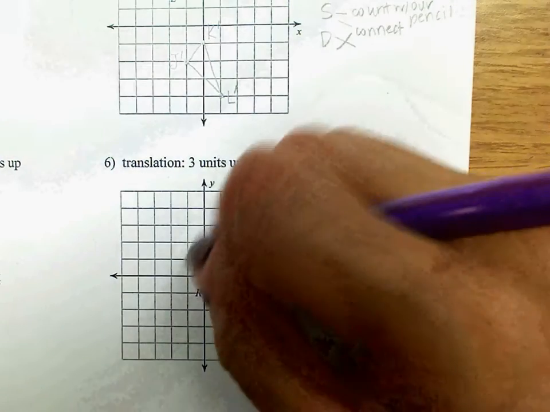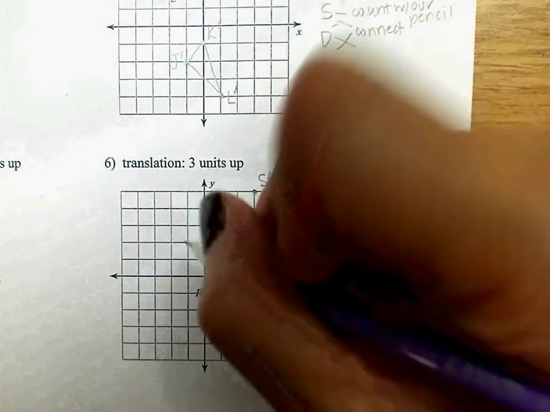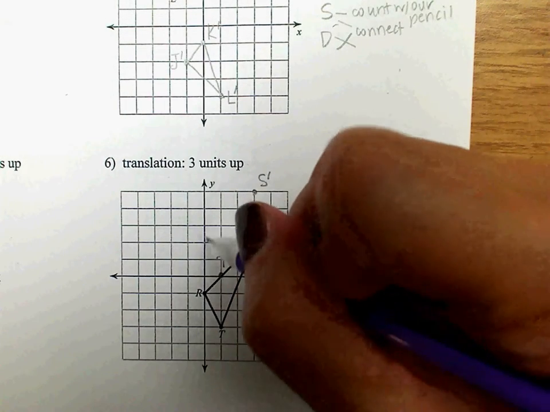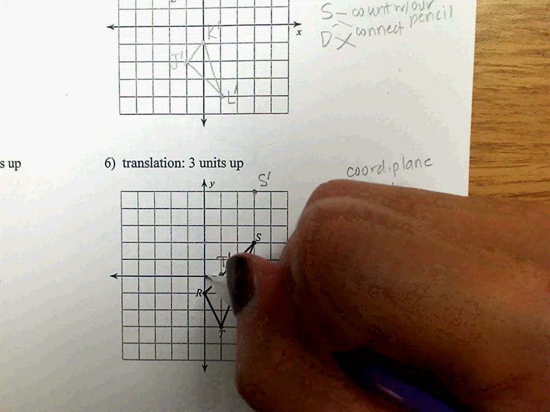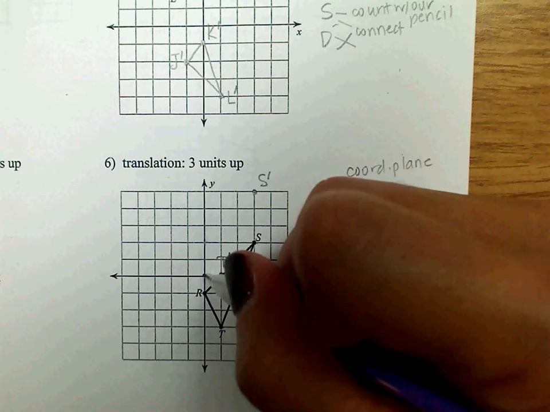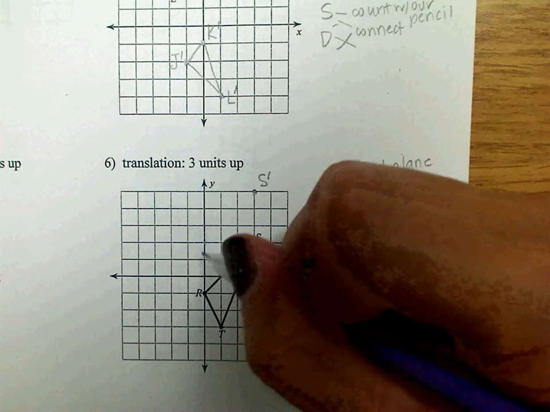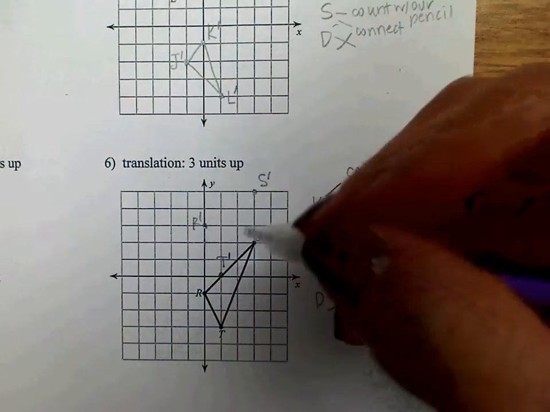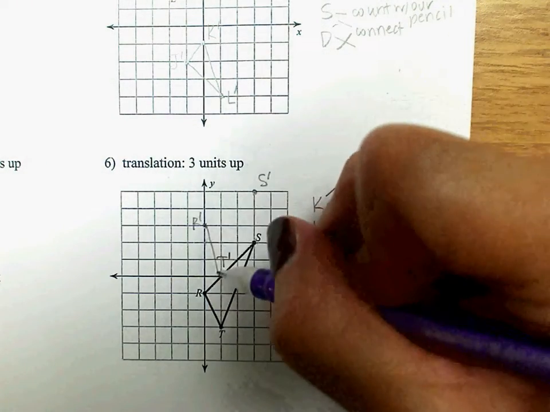What if I made a mistake? I want to show you what happens. You can just look at this without actually doing it, but let's say you were like, oh, I'm not going to count the axis, so I'm just going to go up. This was like 1, 2, 3, okay? And let's say you accidentally put R prime there. Now watch what happens when you connect it. If I connect these,